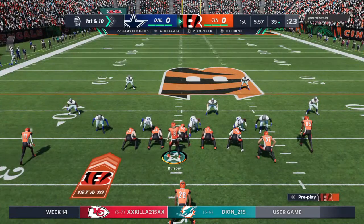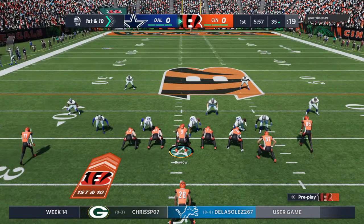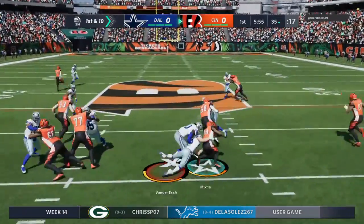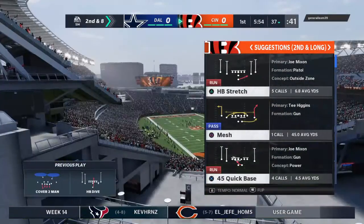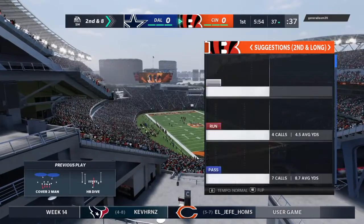To the 35 now as they come up on 1st and 10. On the ground, this is Joe Mixon. Only a couple for him there on the game's first play, and it's 2nd down. Certainly a nice job there by the defense rallying to the football and getting him on the ground, but I